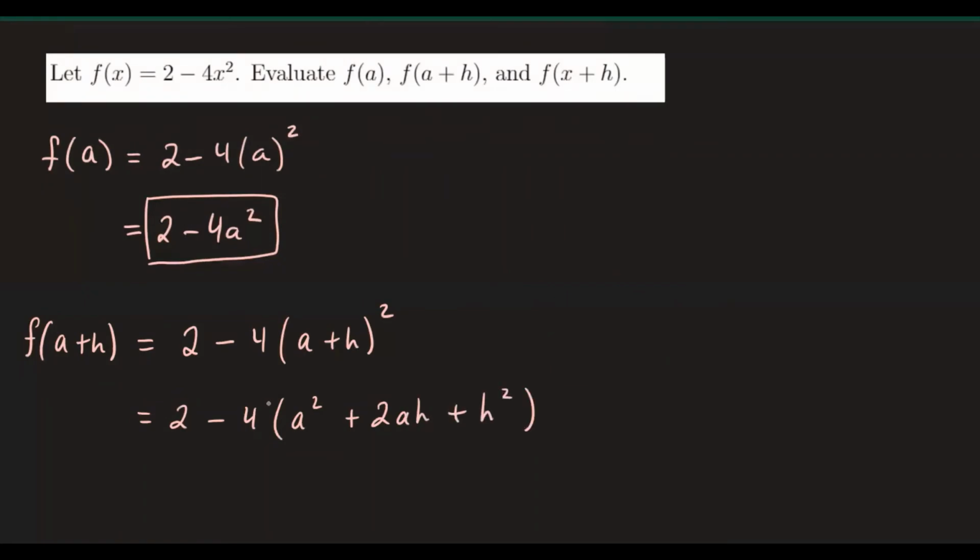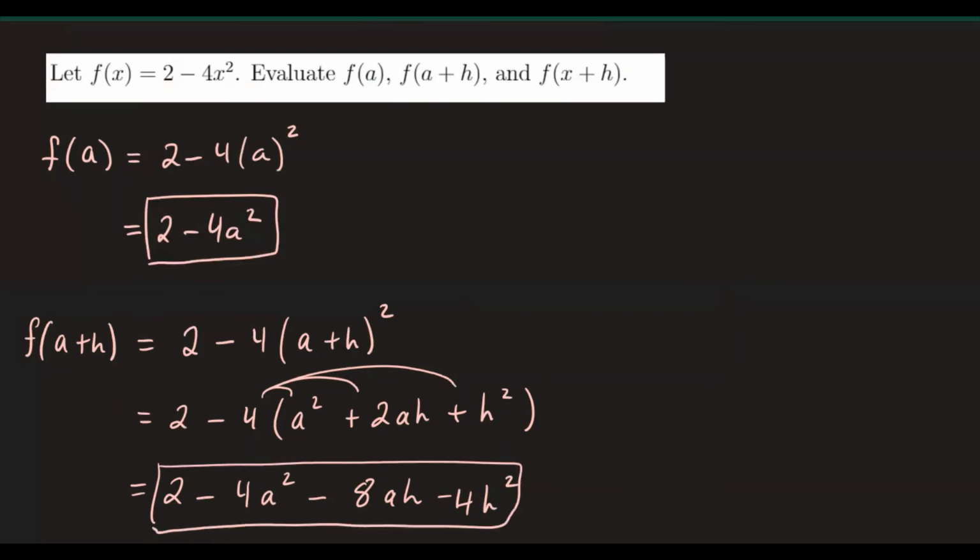And now we can freely distribute the negative 4. So that will give us 2 minus 4a squared minus 8ah minus 4h squared. And there are no more like terms, so we'll claim that as our result for f of a